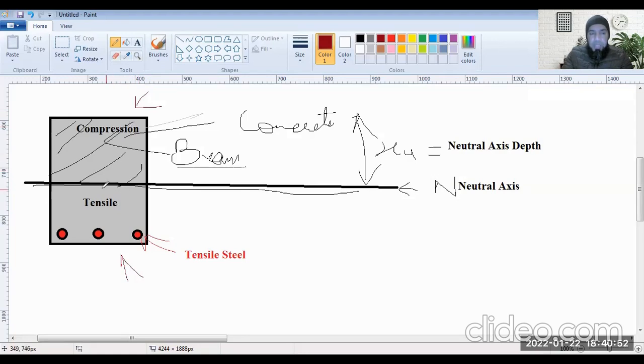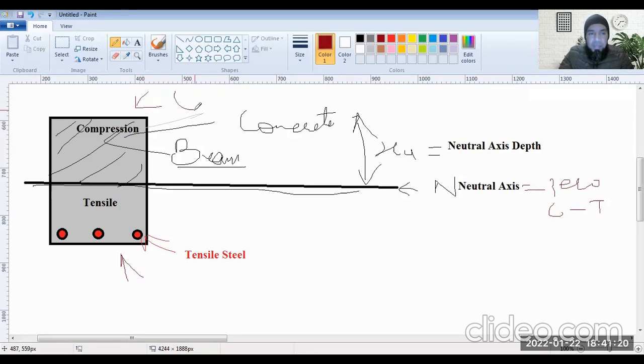So there is a layer in the middle where the neutral axis is, where there is neither compression nor any tension happening. So this layer, the neutral axis layer, has zero compression, zero tension. So the depth from the top extreme fiber, from the compression extreme fiber,